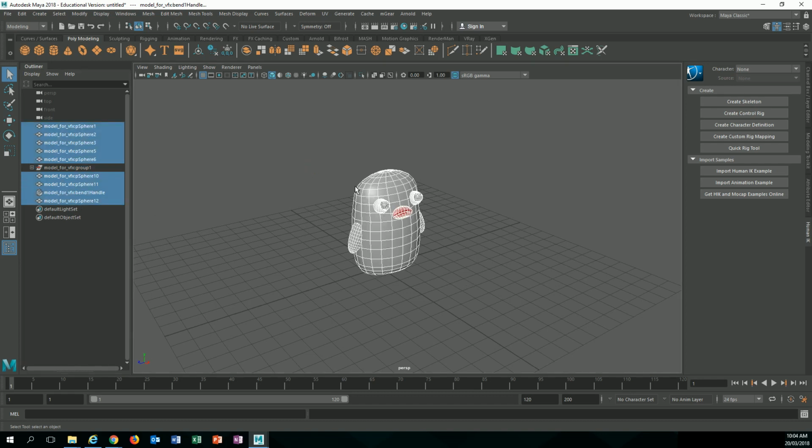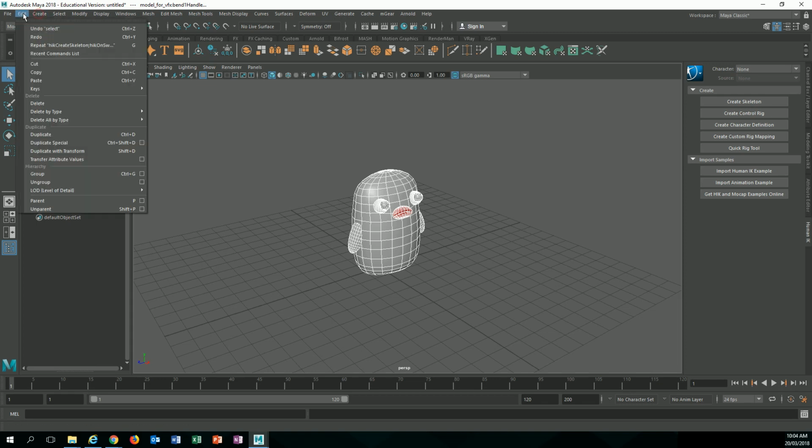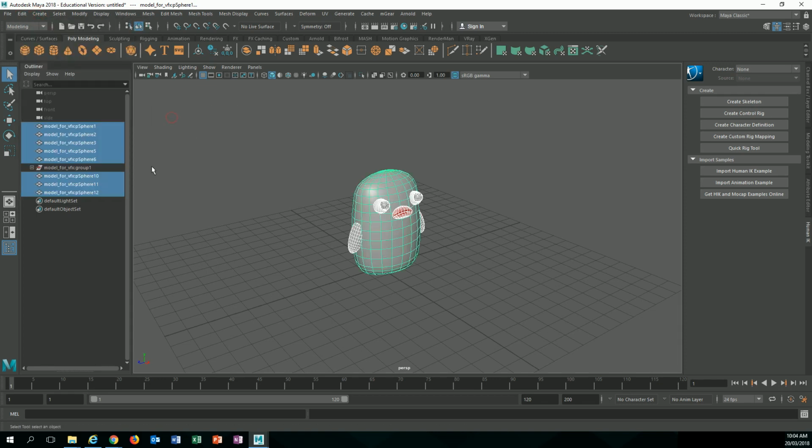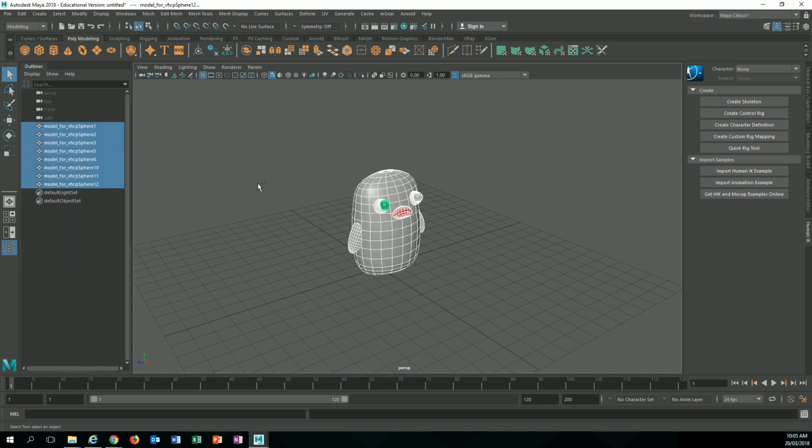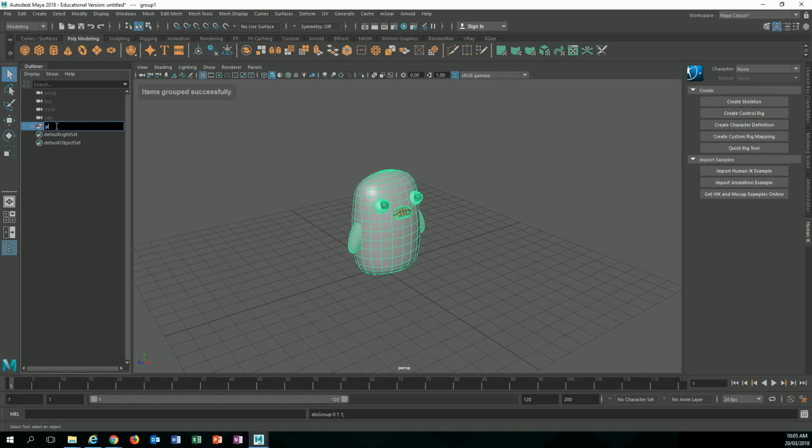First of all, I delete all the history. Edit, Delete by Type, History. I have no idea what's inside this, but it seems that this is an empty group, so I delete that. I select all of them, group them, name the group, and